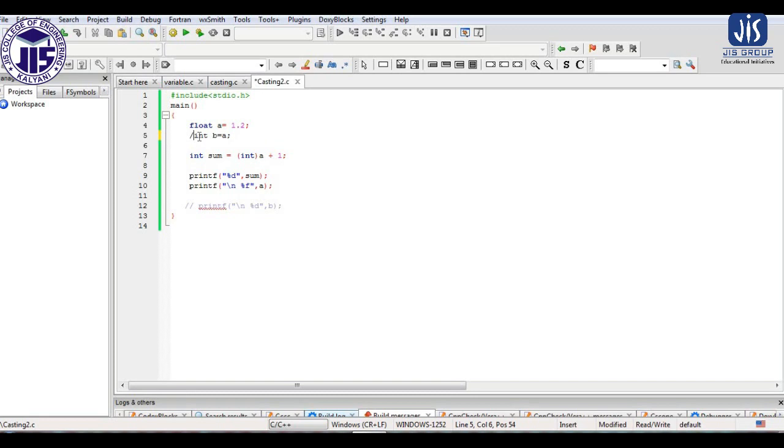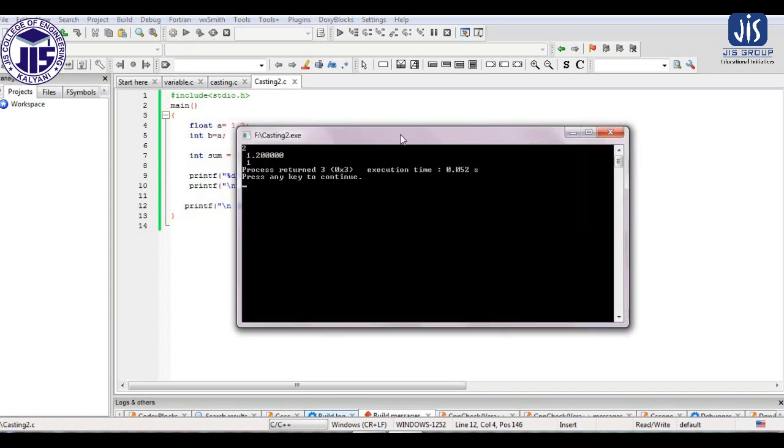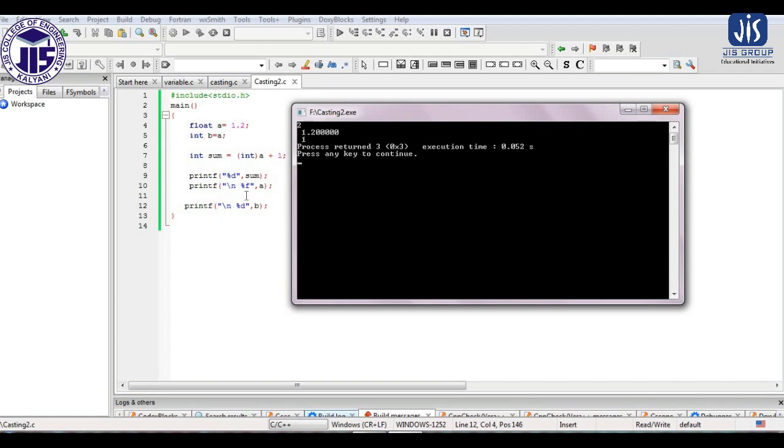So I will show you, if I add these two instructions here and if I run the program, okay. So look, these two values are the same, we have not changed anything. Just what we have done is I have taken a variable b which is of integer type, and I have assigned this float value a to b. Now when I print the value of b, what are we getting? 1 we are getting as output. So this is also typecasting. The value of a, which is 1.2, when I assign it to an integer type variable, it has assigned only the integer part, the fractional part it has removed, but nowhere have I done the typecasting.